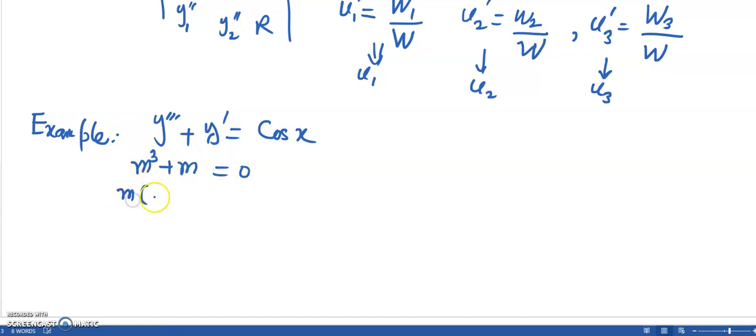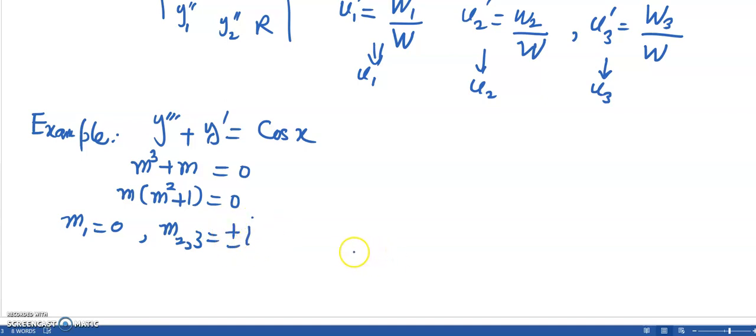So this is the characteristic equation, m into m square plus 1 is equal to 0. So the roots are m1 is equal to 0, and m2 and m3 are the complex conjugate roots. Okay, so therefore we can find the general solution as consisting of the 3 solutions. So y1 will be then equal to 1, y1 will be equal to 1, and